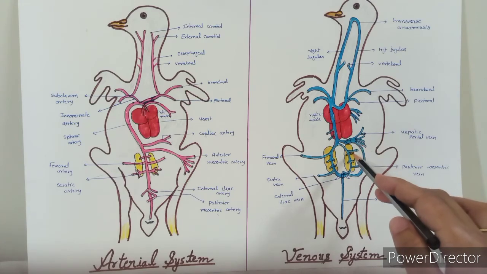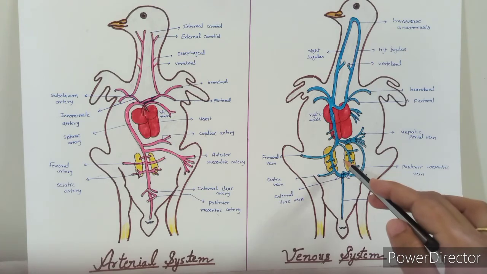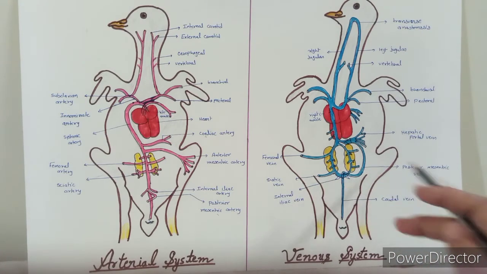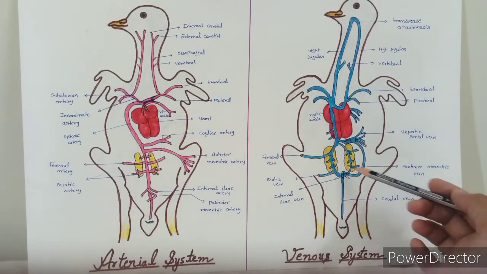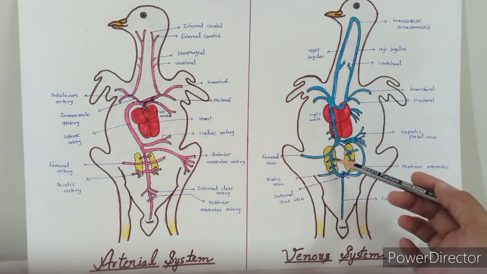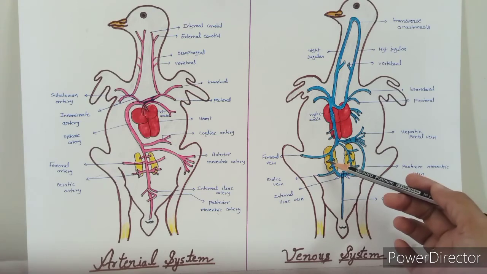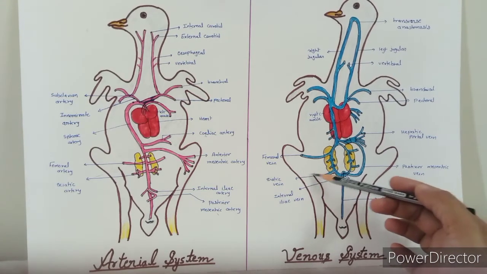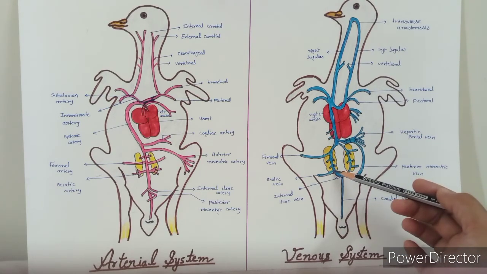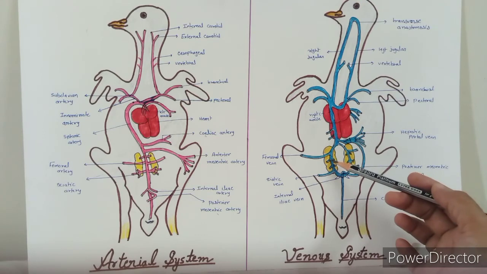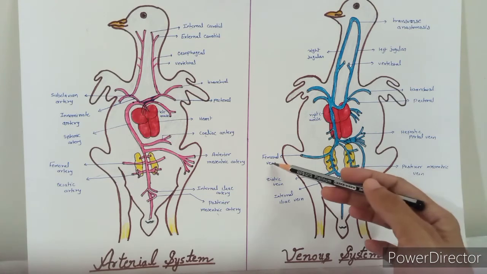So the renal portal vein collects from the posterior veins called the two iliac veins. They come from the rectum and cloaca, collecting deoxygenated blood. This is the kidney, the three-lobed kidney. From the second and third lobe of the kidney, one sciatic vein goes through the thigh and collects all the deoxygenated blood and puts it into the renal portal vein. And in the first and second lobe of the kidney, one more vein enters the renal portal vein from both sides, called the femoral vein.